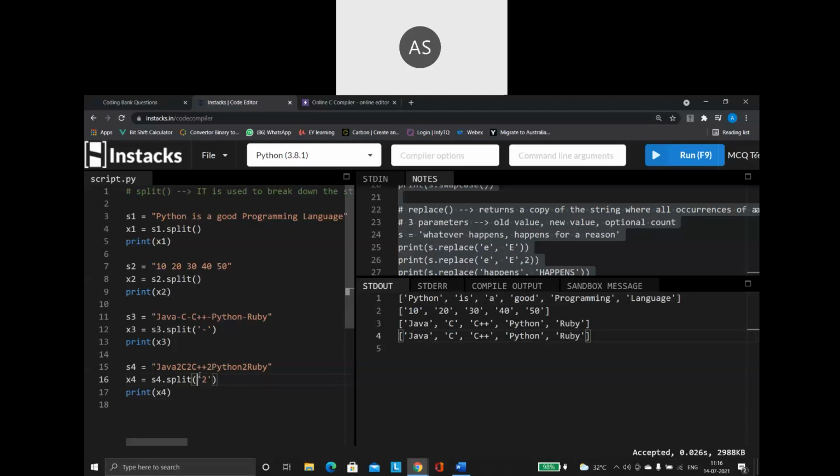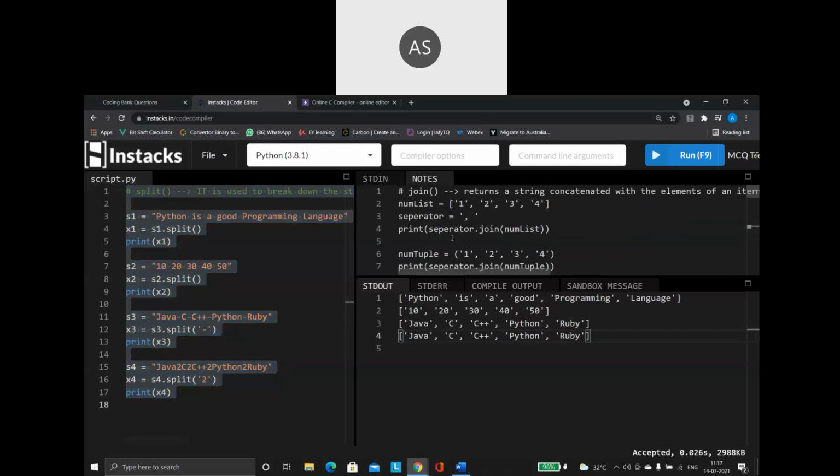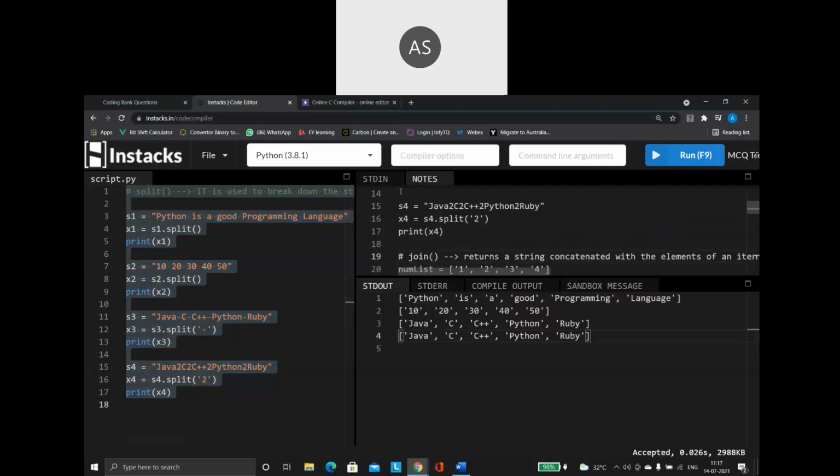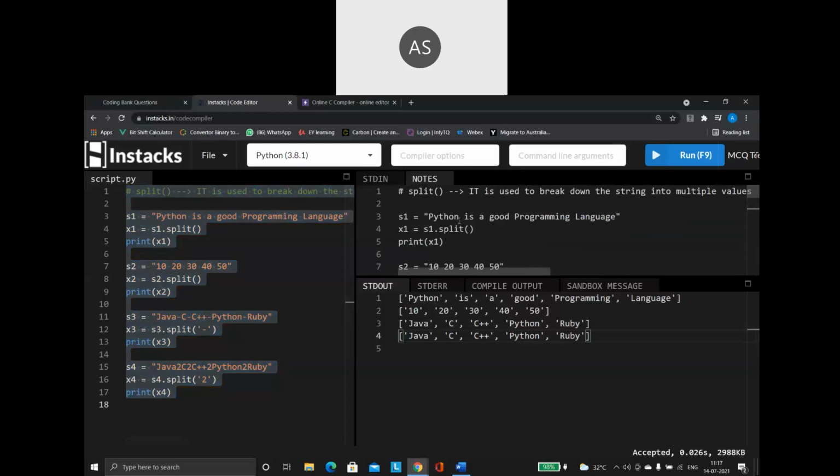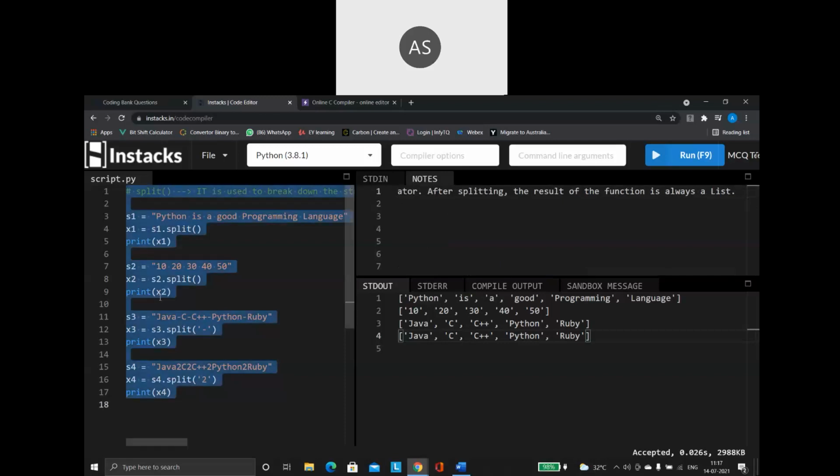Okay, so now having said all this, let us try to understand where exactly my split is used within a program. So when I'm going to write a program, where exactly will I be making use of my split function? So just have a look at this piece of code.